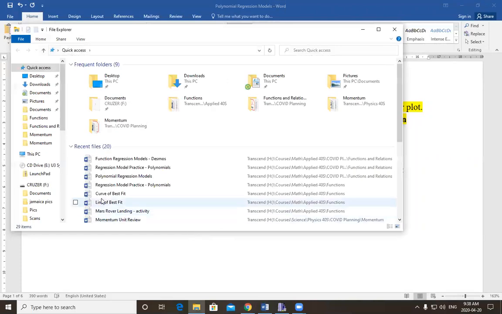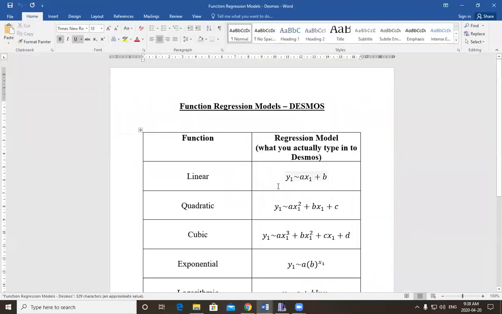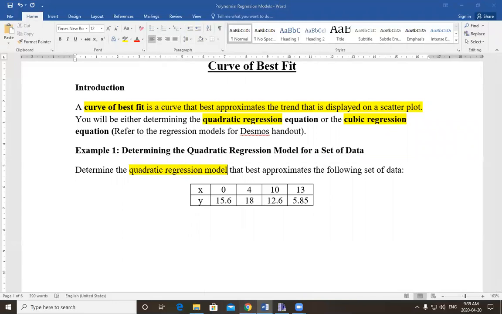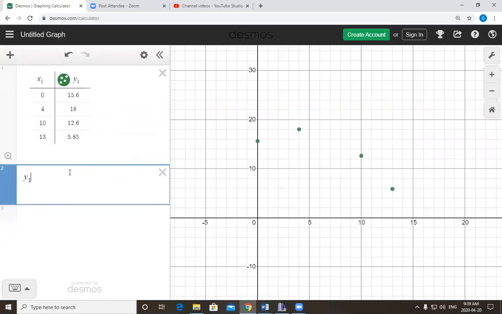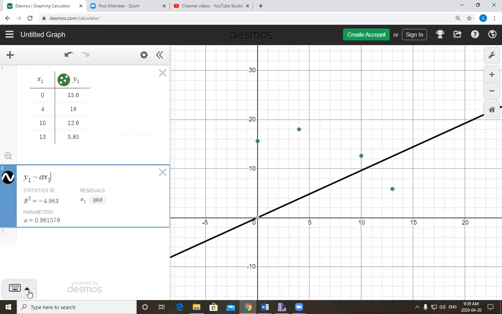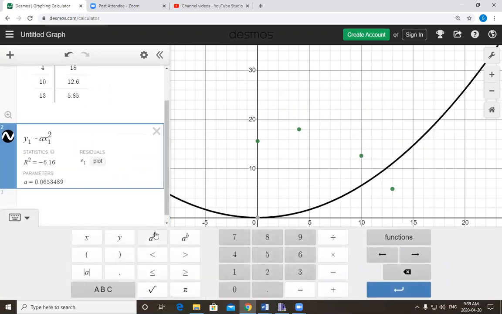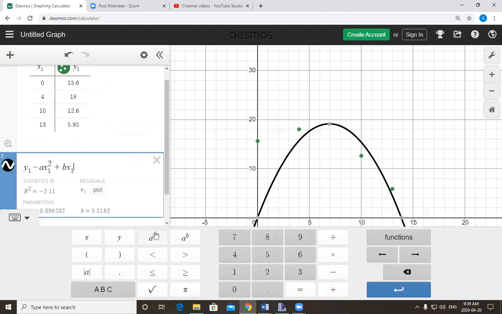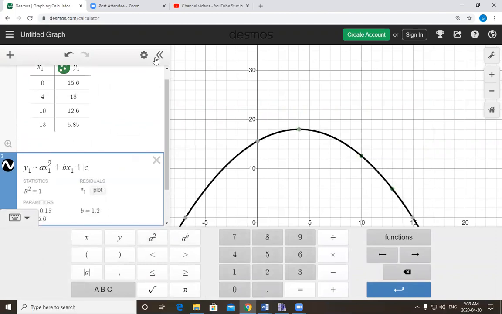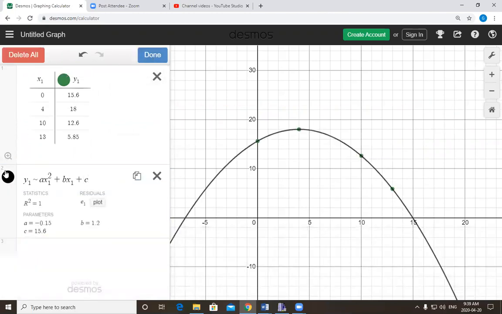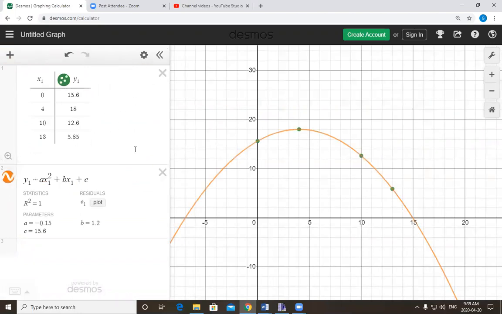which again, I shouldn't have closed it. Okay. So we're going to type that in directly. Okay, y1 tilde ax1 squared plus bx1 plus c. So y1 tilde ax1 squared plus bx1 plus c. And as soon as we do that, you'll notice that we have a quadratic regression and